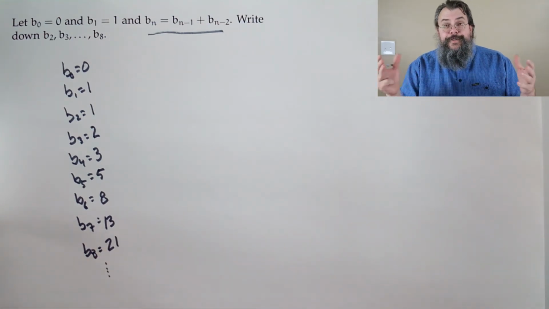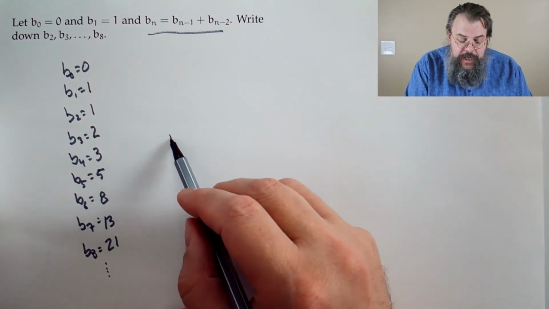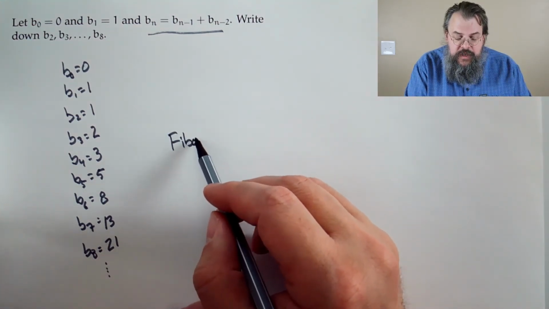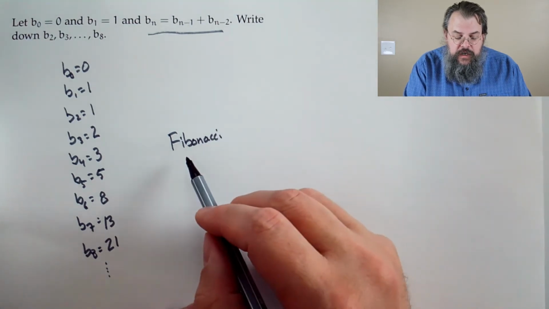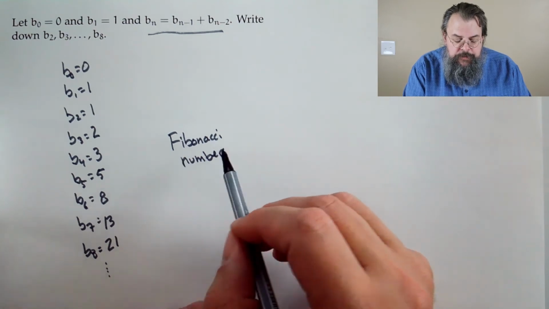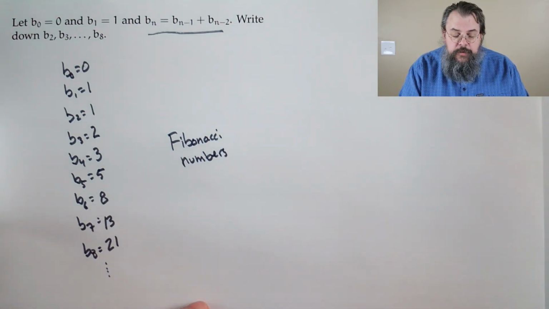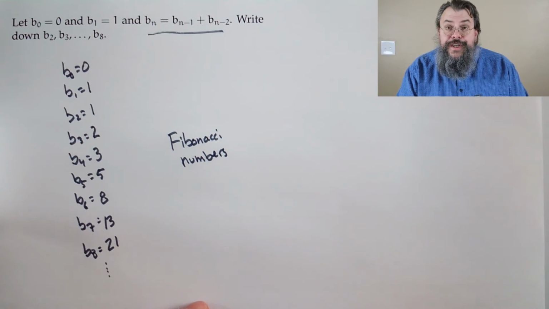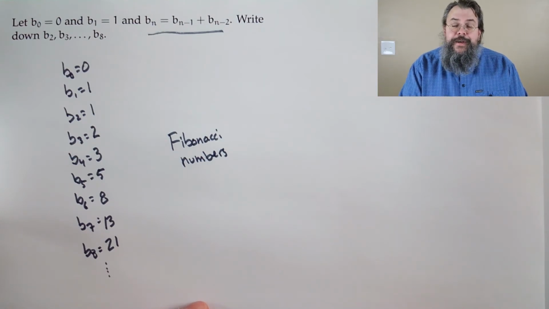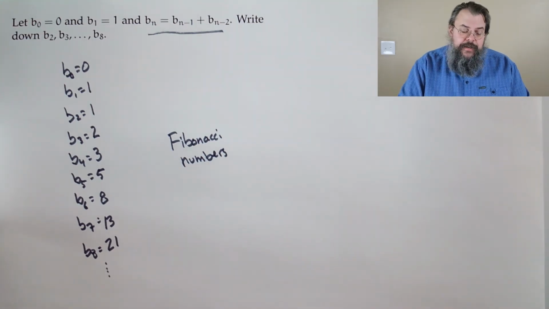Now, do you recognize these numbers? They're pretty famous. They actually have a name. These are called the Fibonacci numbers. And essentially, if you look, where do they come from? Well, Fibonacci, he was a mathematician. He wrote a book, Liber Abaci, which was basically an algebra book. Well, even more than that, just an arithmetic book. And the idea, he said, look,